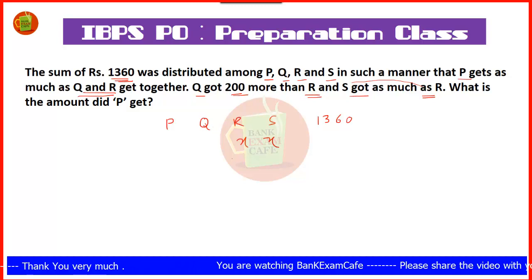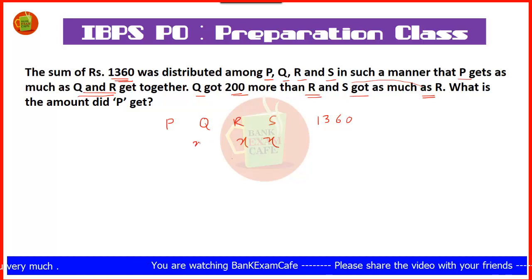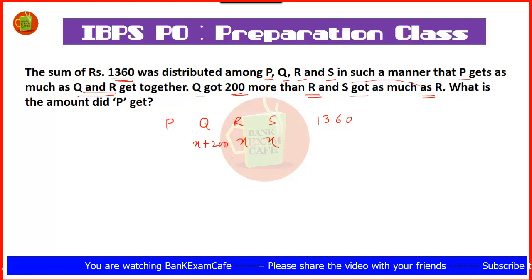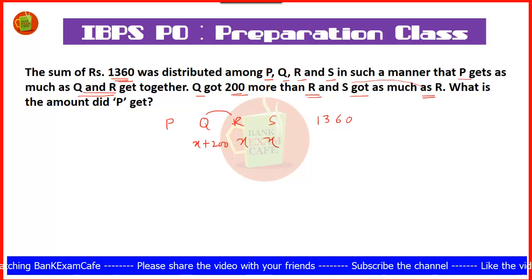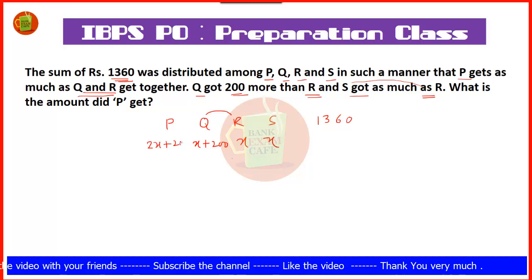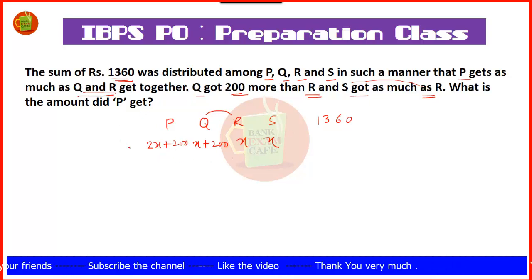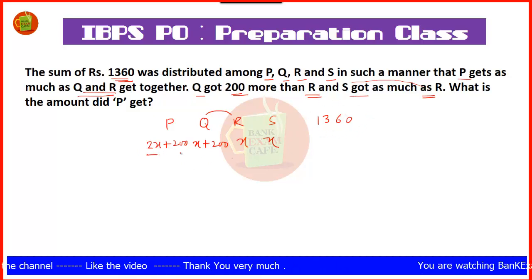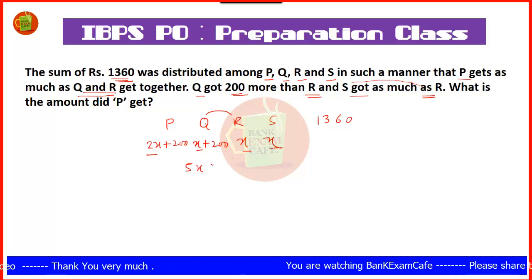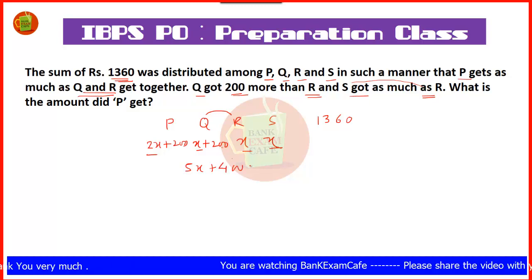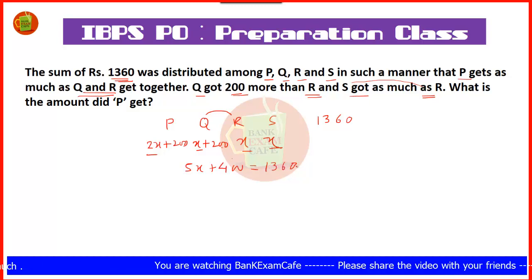So if you take X, S as X, R will also be X. And now it is said that Q got 200 more than R. Q has got 200 more than R, that will be X plus 200. And it is said that P gets as much as Q and R. Whatever Q and R got together, that amount P gets, and therefore it will be X plus X, that is 2X plus 200. And so this amount is divided like this, and this together will get 1,360. So 2x plus x plus x plus x, that will be 5x, and 200 plus 200 will be 400, which is equal to